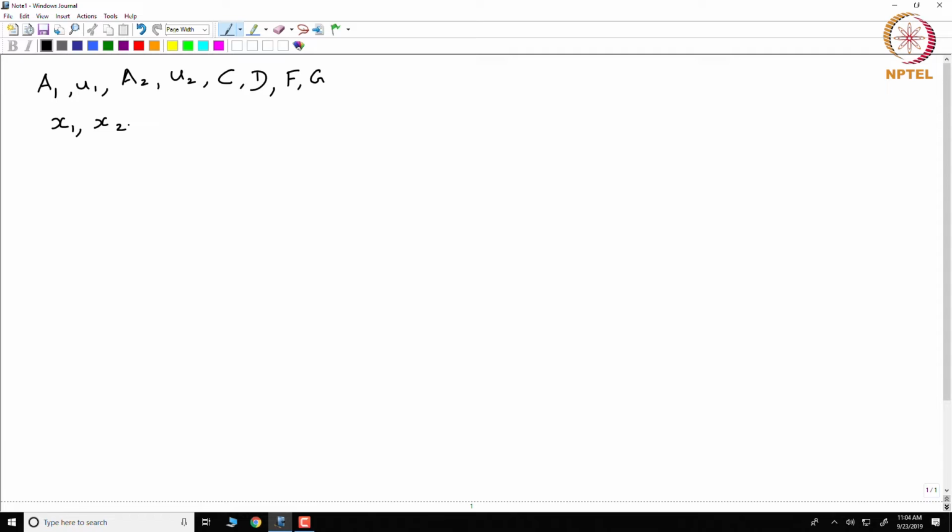Okay. Now let us take some special cases. First we'll consider the cases that we have already studied, then take up new cases. Okay. So the cases that we have already studied are very straightforward. So if I take the case that is already considered, that is 6 pulse LCC with constant current on the DC side and a 3-phase balanced voltage with inductance in each phase on the AC side.